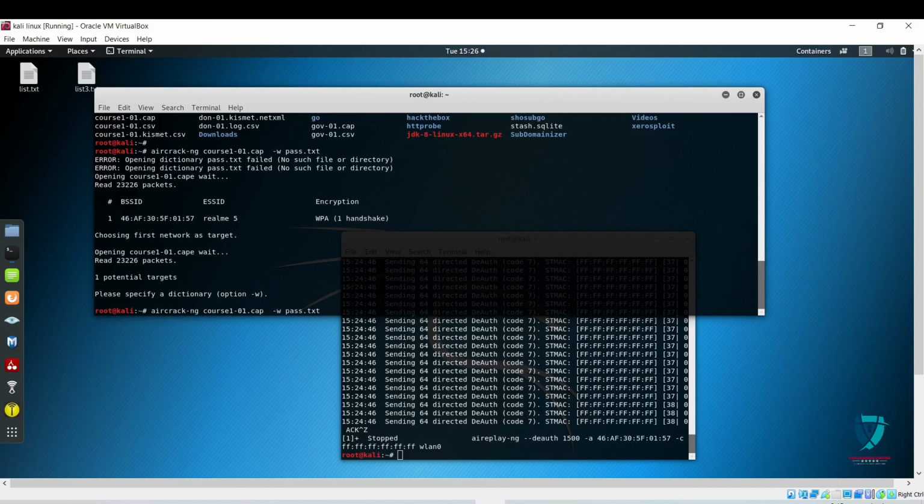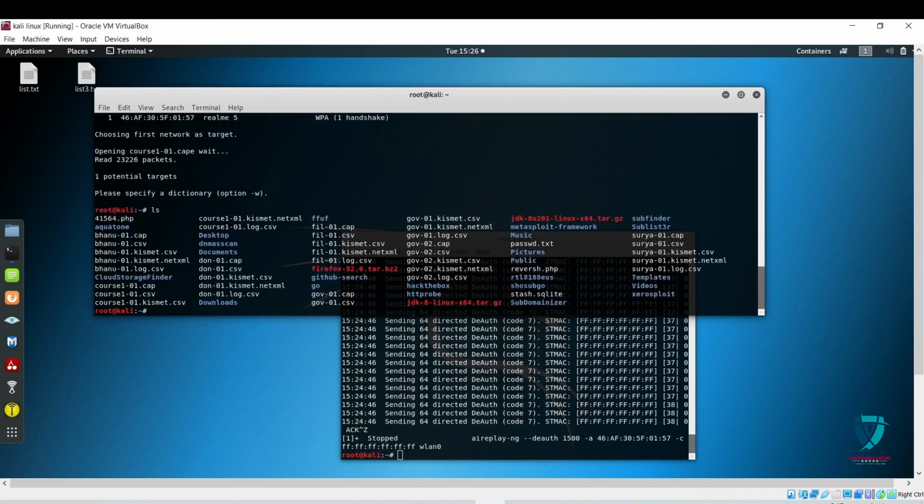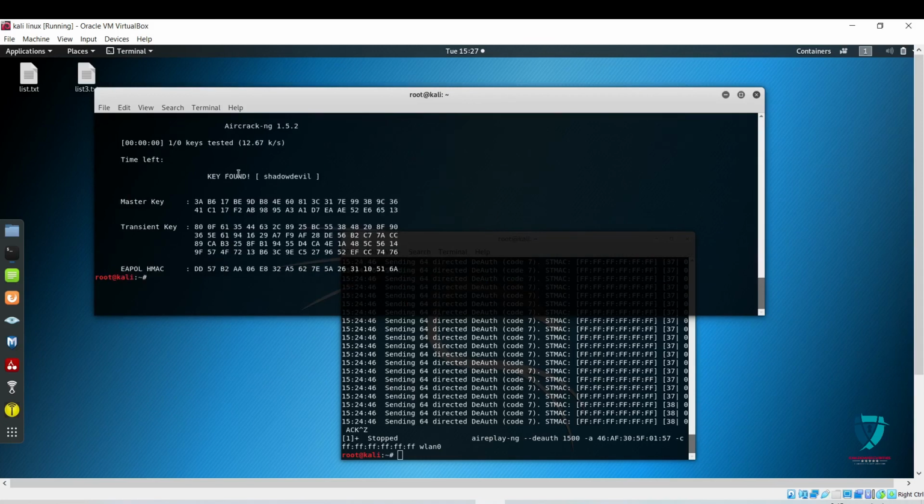So we need to use a dictionary file, and I have pass.txt as my dictionary file here. Passwd.txt, okay, fine. Just a small letter was missed here. Passwd.txt, enter. Here we can see, within a fraction of a second we got the password, shadow devil.